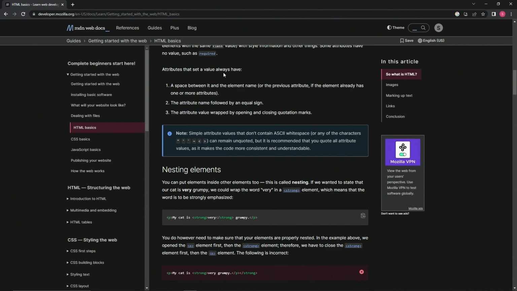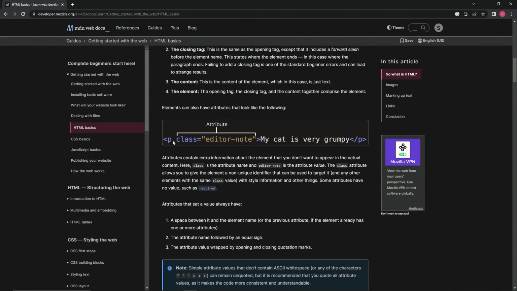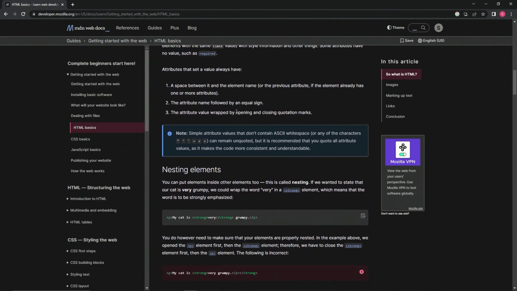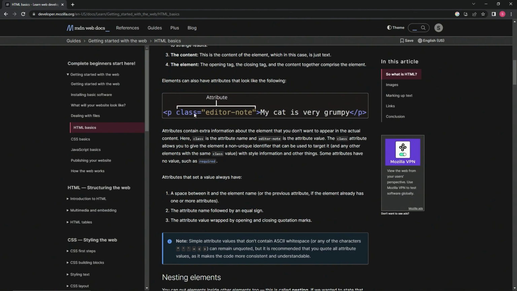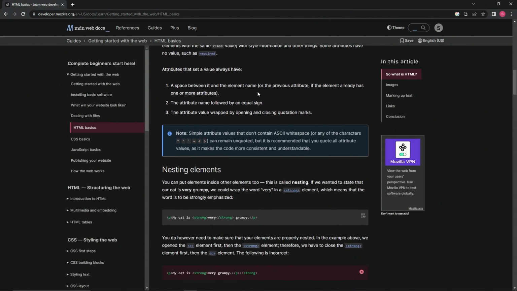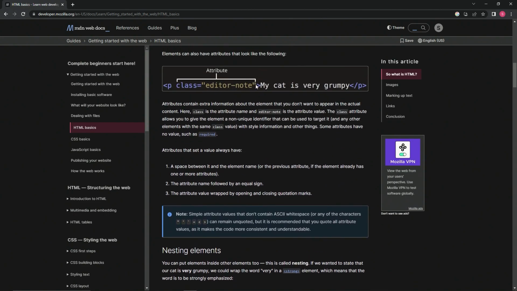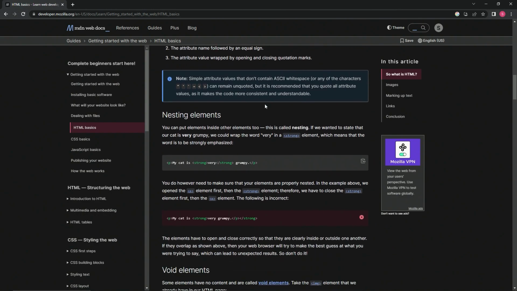Attributes that set a value always have a space between it and the element name, or the previous attribute if the element already has one or more attributes. So this space right here. What else? The attribute name followed by an equal sign, so this part right here. And then we've got the attribute value wrapped by opening and closing quotation marks, so this stuff right here. All right, cool. Note,